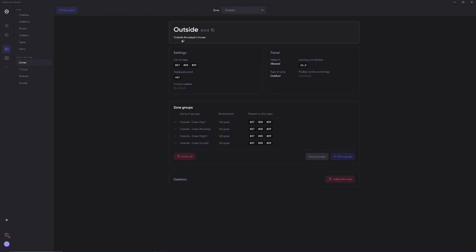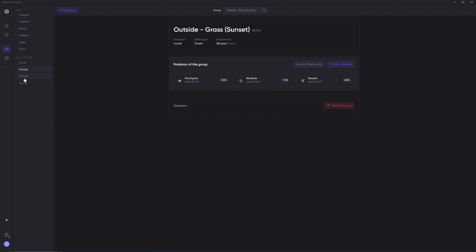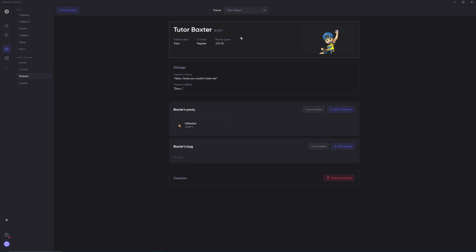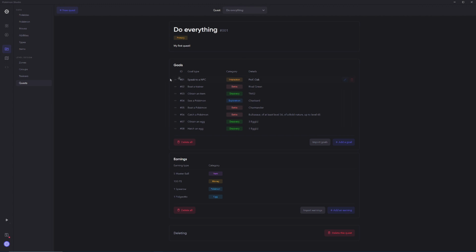We went over creating new zones and assigning groups to these zones, which is how you do your wild encounters. And we've even gone over how to create new trainers, their teams, and their items, as well as what each AI level is, how to give them dialogues, and then also going over how to do quests. So now I feel like we've covered so much stuff that it's really time to push you guys into the eventing. But before I do that, I think it's really, really important that you make a backup of your